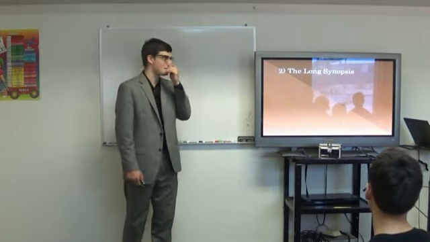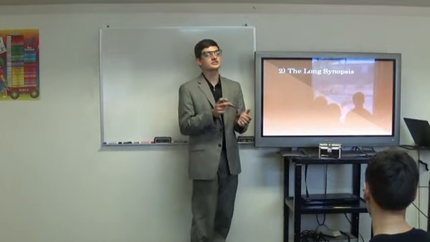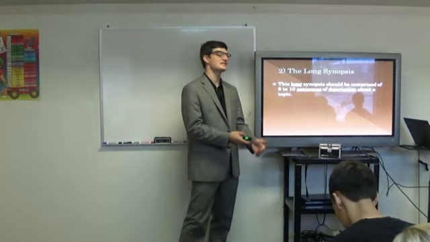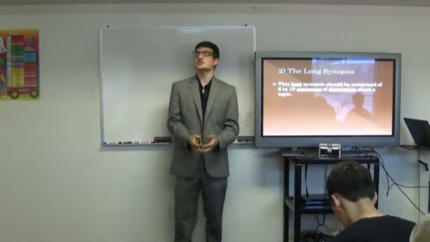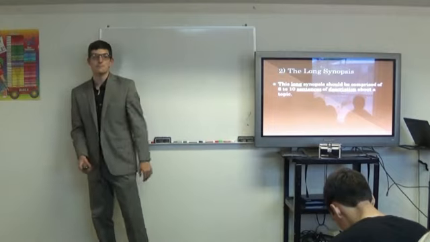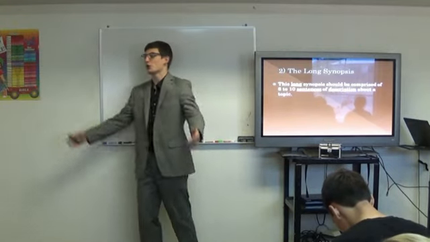Now let's move on to the second part. The second part is the long synopsis. Now the long synopsis should be comprised of about 6 to 10 sentences, which are going to describe the topic. Now you don't want to have this too long. You don't want to have a whole book that you slap down to describe the topic, because then you might as well just bring the book up with you.